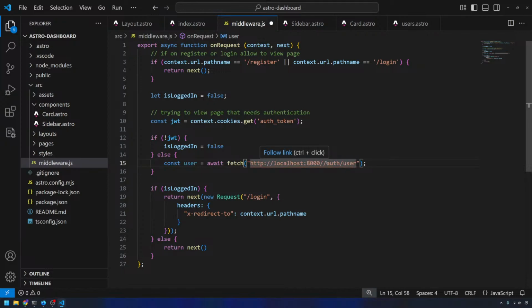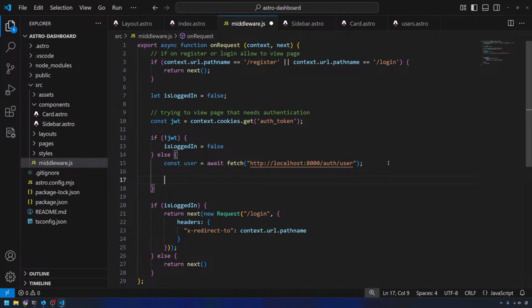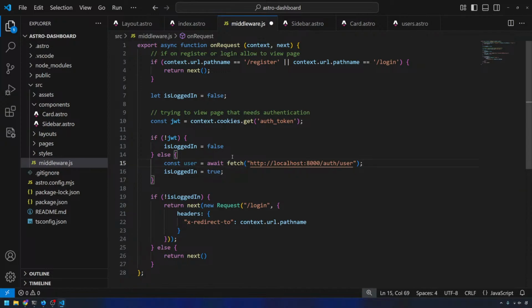So this should just get the currently logged in user. And then what I can do is, first of all, I can set is logged in to true. That actually needs to be false. So I can set that to true. And then we can also do, is it